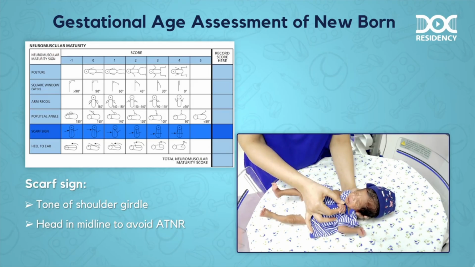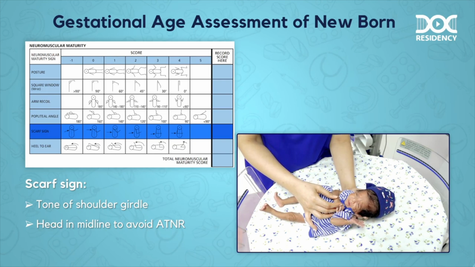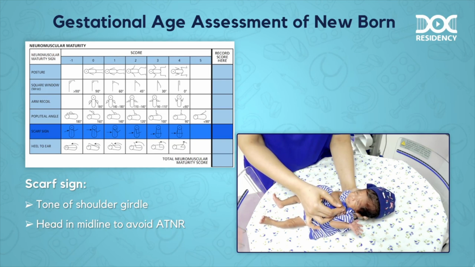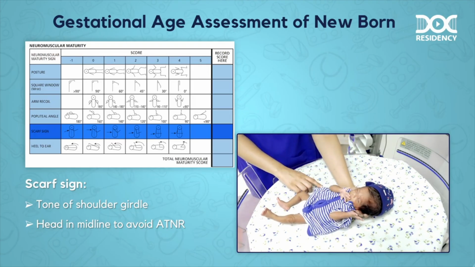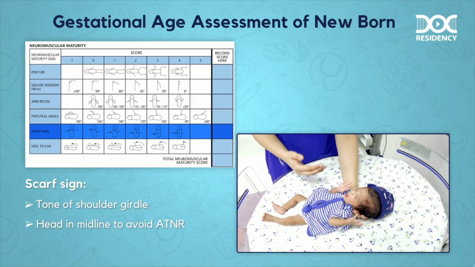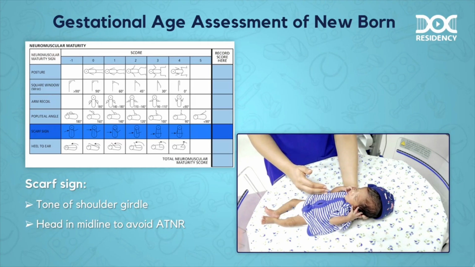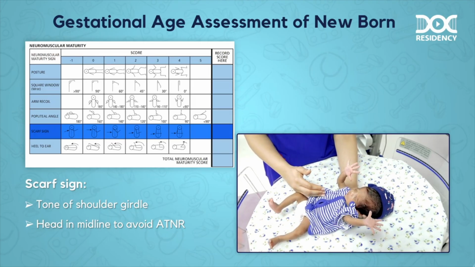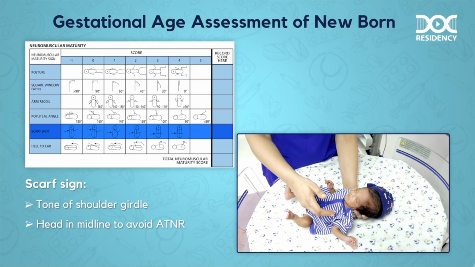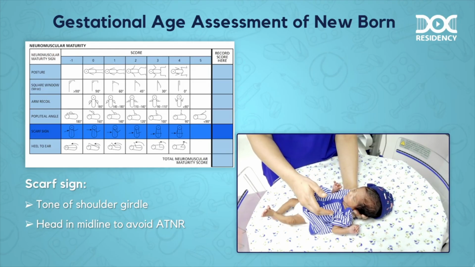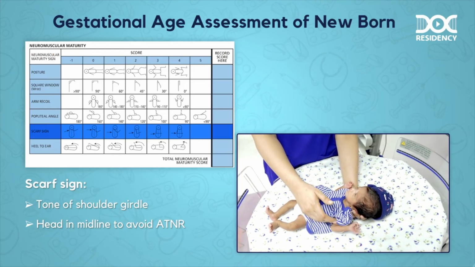And note the position of the ipsilateral elbow. So this is the elbow. So comfortably without stretching the shoulder, I am only able to bring the elbow until this point. So based on this landmark, which is the ipsilateral elbow, we can classify the tone, whether the elbow reached only the ipsilateral axilla, ipsilateral nipple line, or did the elbow reach the xiphoid process, or did it cross the midline to reach the opposite nipple line, or sometimes even the opposite axilla.